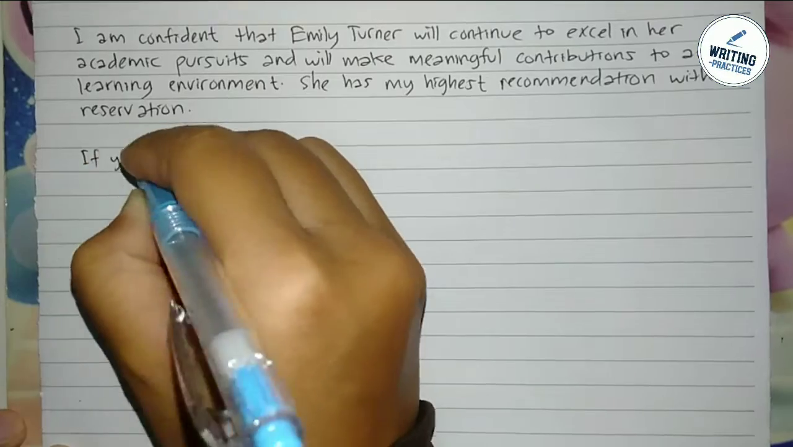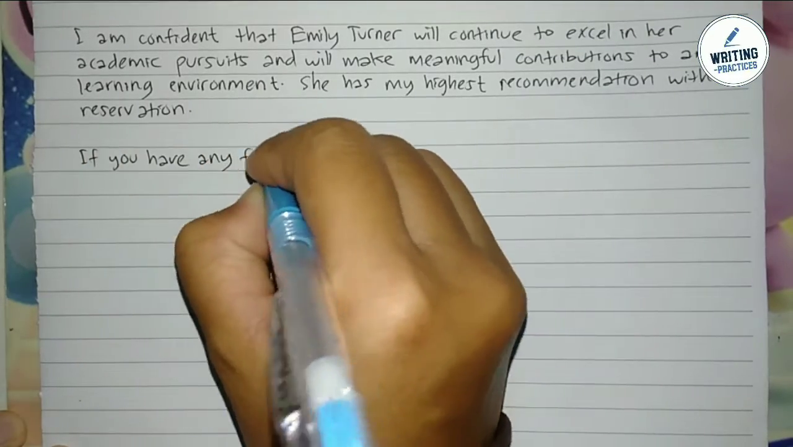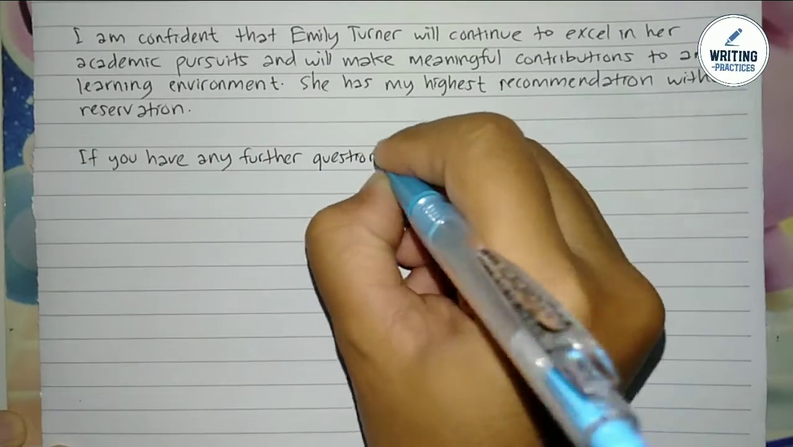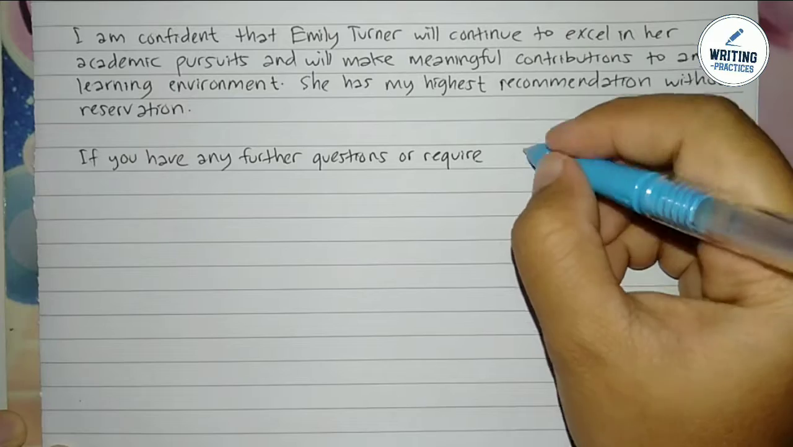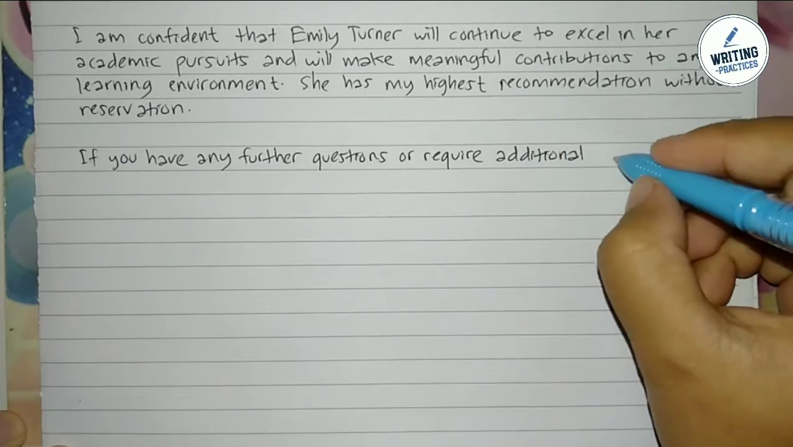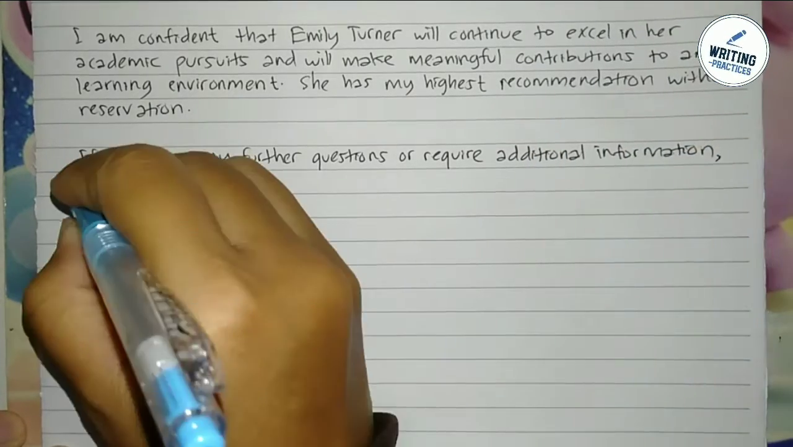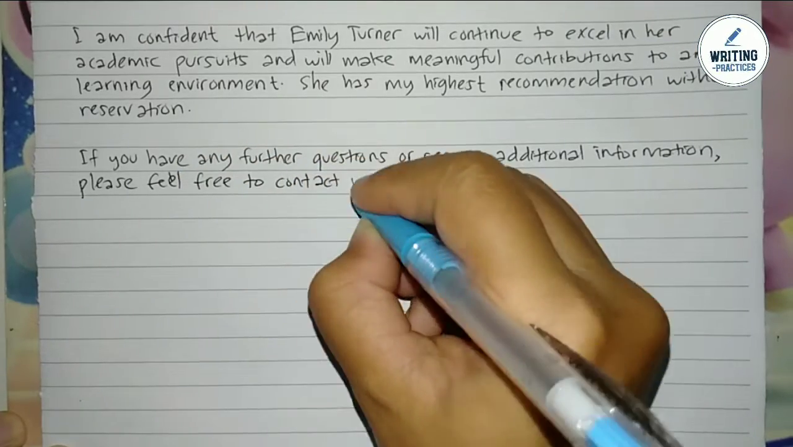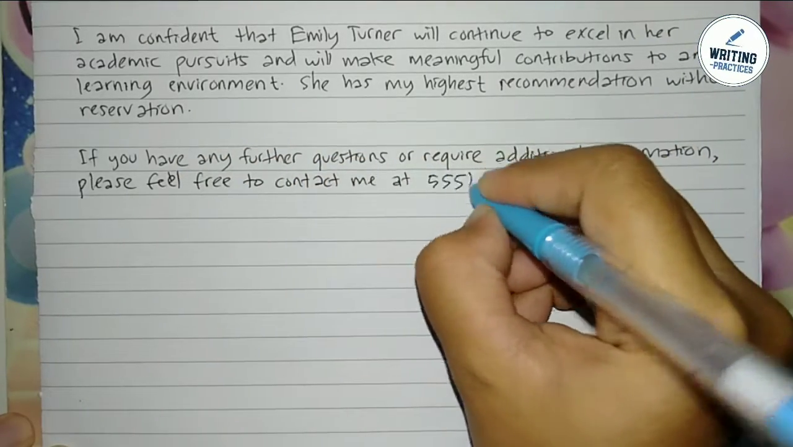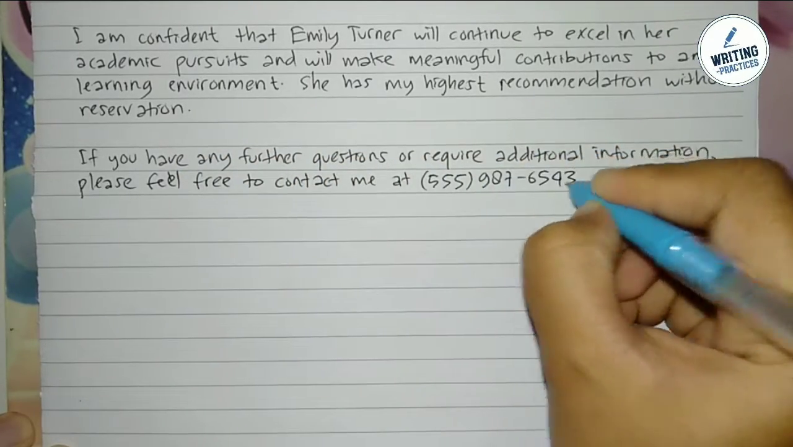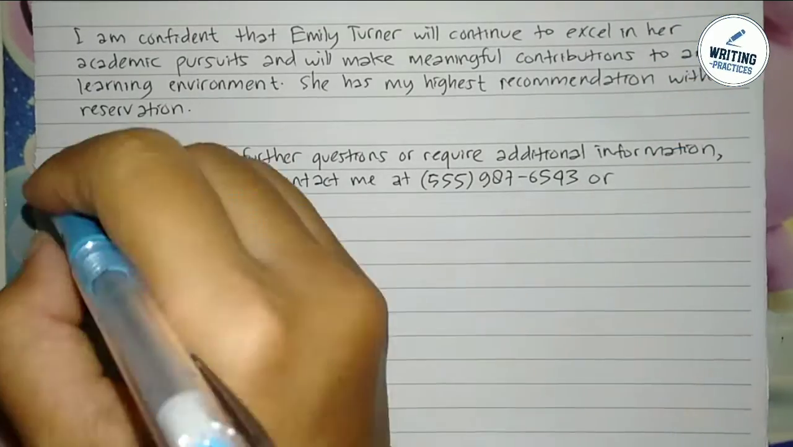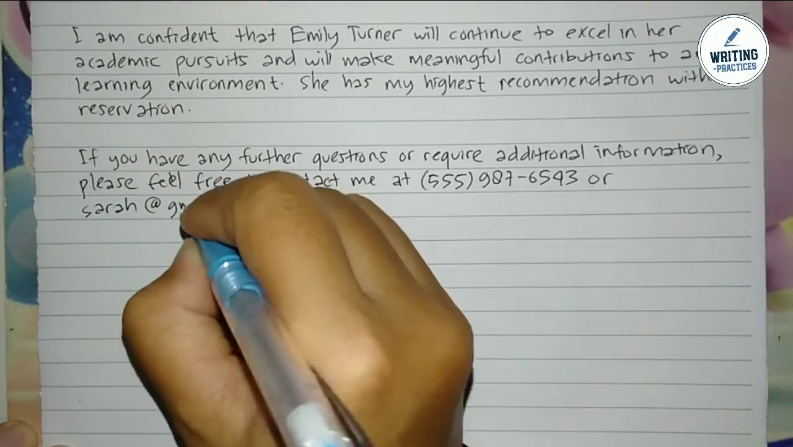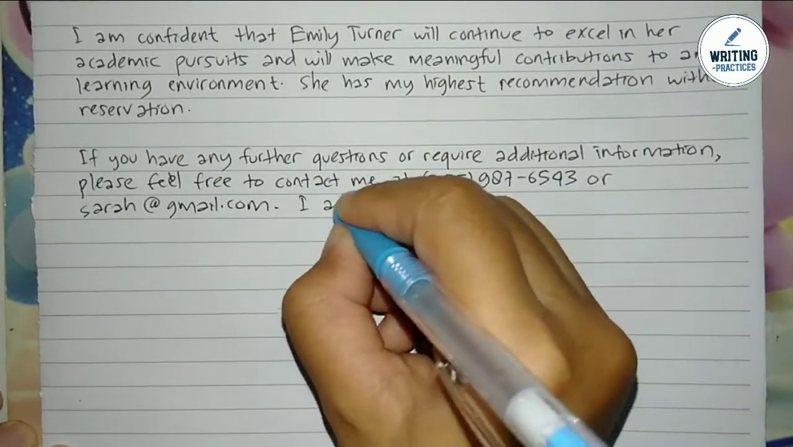In the sixth paragraph, offer to provide more information about the student you recommend. Just like in this letter, the writer offers to discuss Emily's achievements further. It means, you need to provide your contact information for additional inquiries. They can be your phone number, an email address. Here is the example. If you have any further questions or require additional information, please feel free to contact me